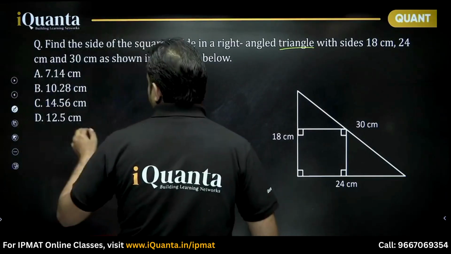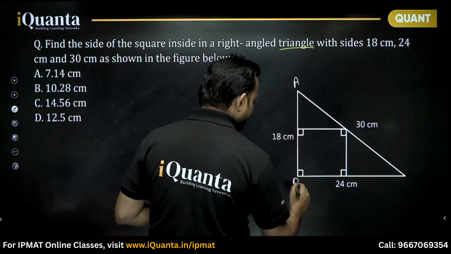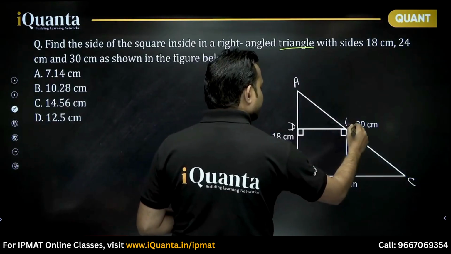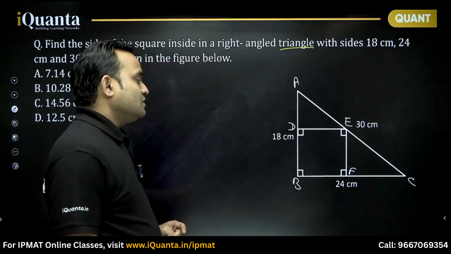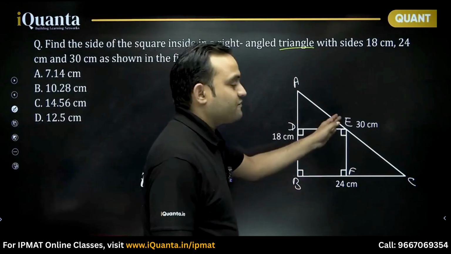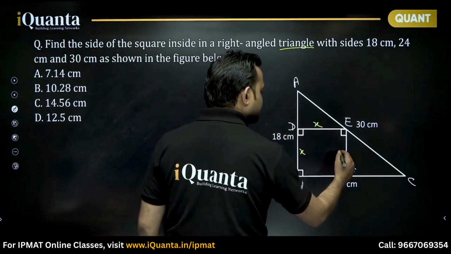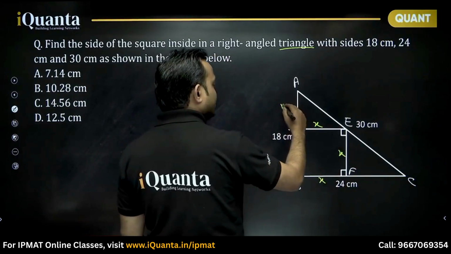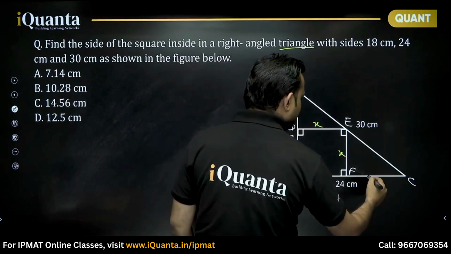So let's say this right angle triangle is A, B, C. This is D, E and F, right? So can we say if DBFE is a square, if this is x, this will be x, this will also be x, and this will also be x. Can we say AD will be equal to 18 minus x and FC will be equal to